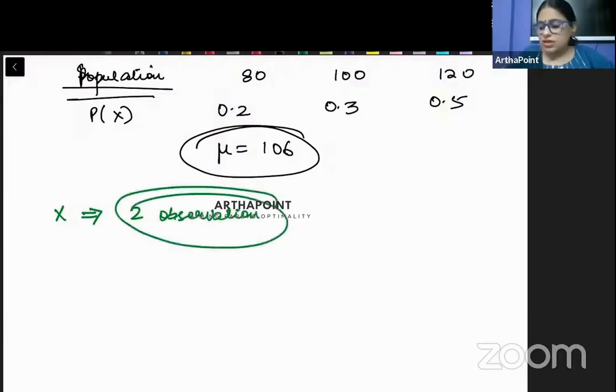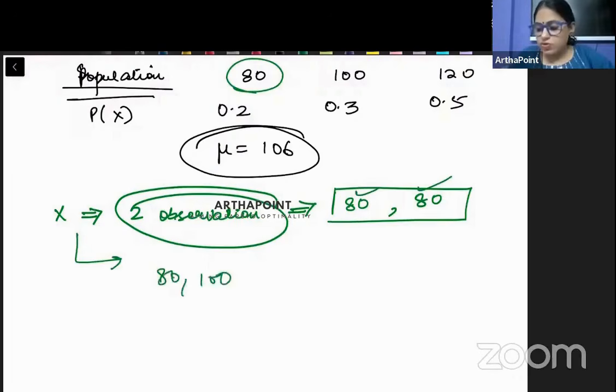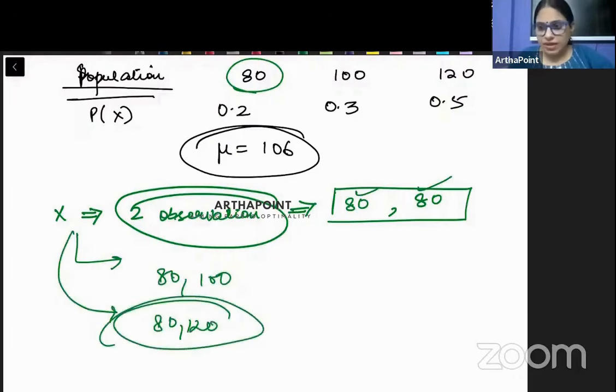तो ऐसा हो सकता था कि इस सैंपल में दोनों ही जो हमारे आए, जो भी मेमोरी कार्ड we are talking about, उनका जो स्पेस है वो 80 GB वाला था, सो वी 2 GB वाला था. So we make a revenue of 80 each. और ये दो ऑब्जर्वेशन 80,100 भी हो सकते थे, ये दो ऑब्जर्वेशन 80,120 भी हो सकते थे. They could have been anything.